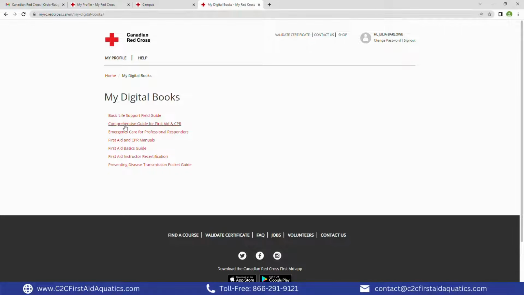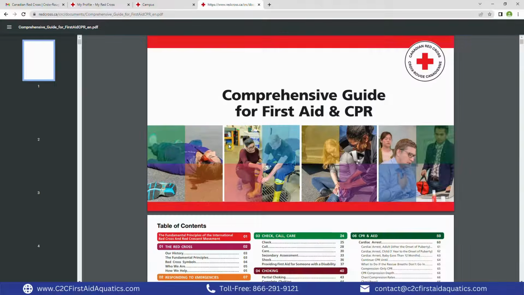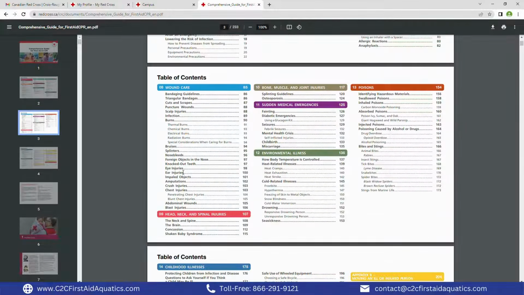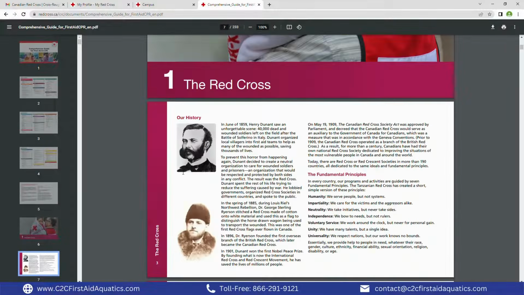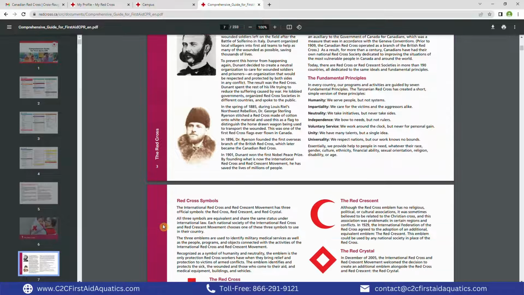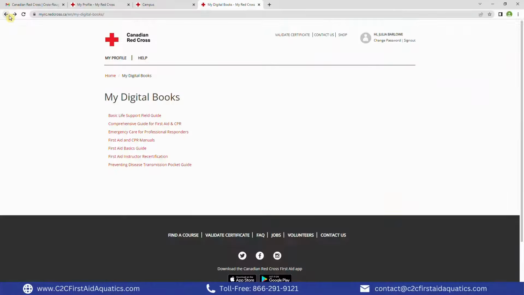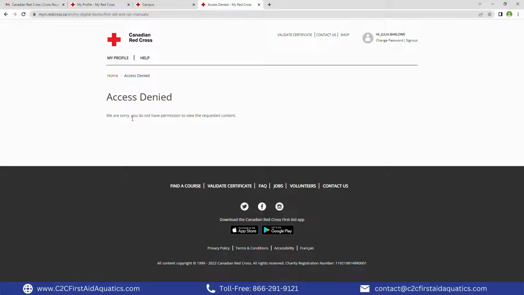Here's a list of all available ebooks. Since I am registered for Standard First Aid and CPR Level C, I only have access to the Comprehensive Guide for First Aid and CPR. When I click on that book, it will load the book up. Use this as a reference for your course. This book does not have to be read for your training. If I click back and try to select a book for a course I am not registered for, it will give me an access denied error. For example,